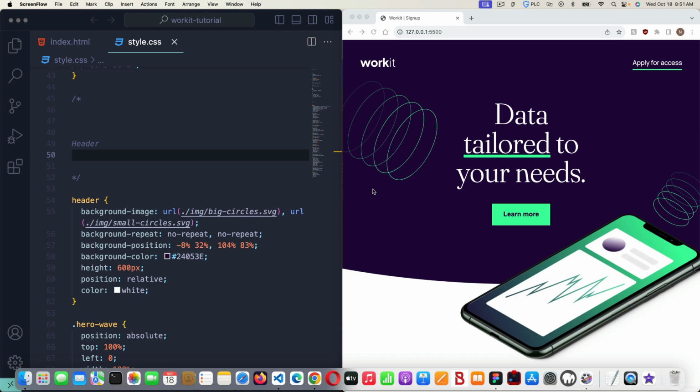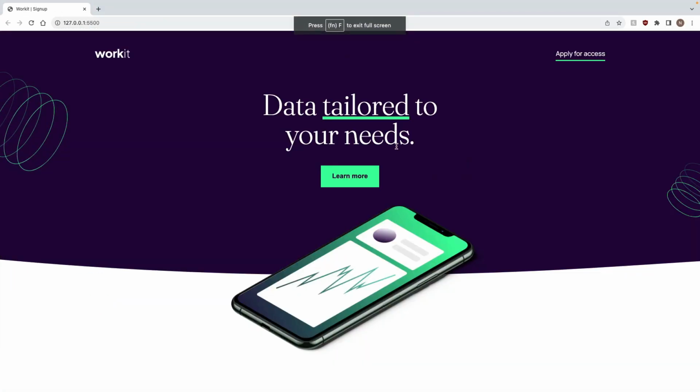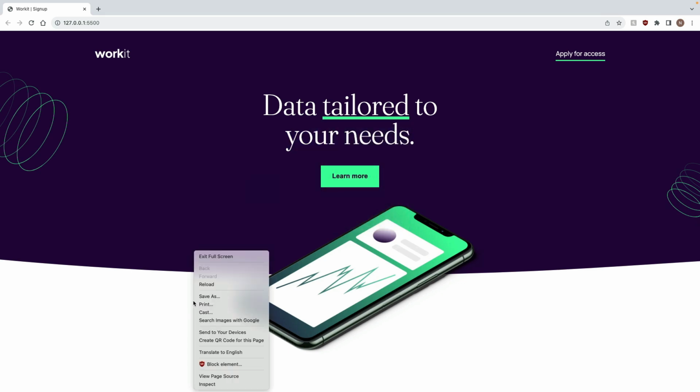All right, guys. So now we're gonna make this. We just did the header desktop last video, so now we're gonna make this responsive so that it looks good on all devices. So if you go into what we built so far, you right click and hit inspect,